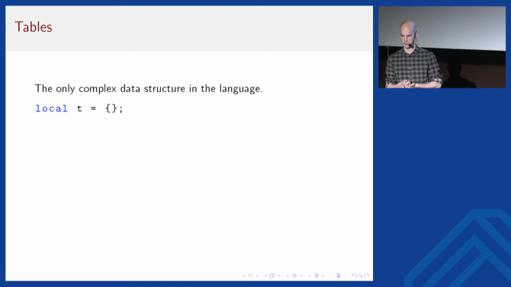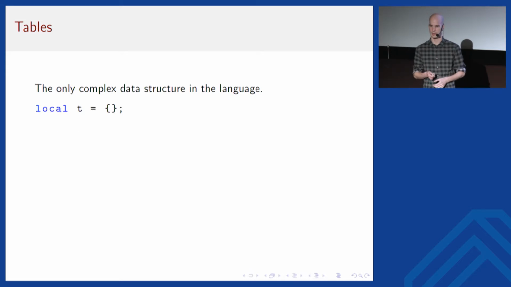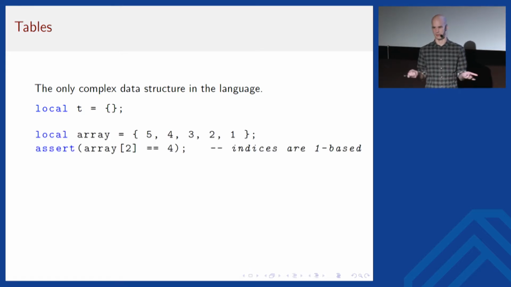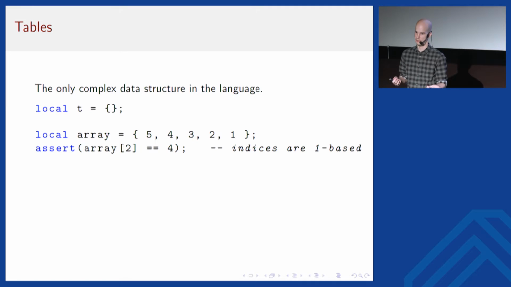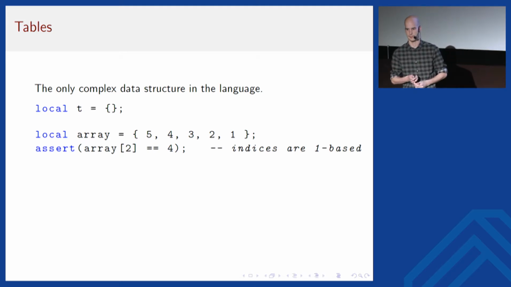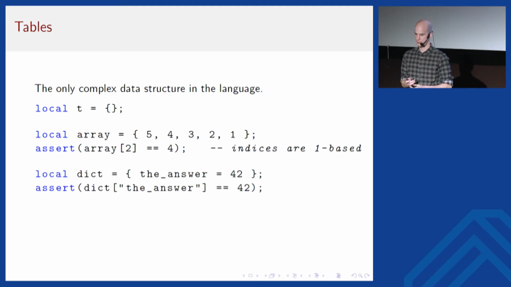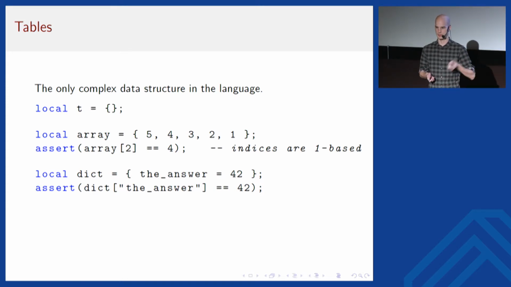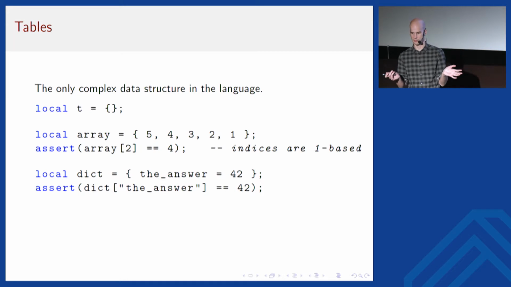What we see here is just the construction of an empty table. There are no elements in there, but you can put elements in there. For example, you can use it like a normal array if you put a sequence of numbers in there, and then you can access them by their position in that array. But you can also use it as a dictionary, right? If you use string values as keys, then you can have a lookup from a string to any other kind of value.